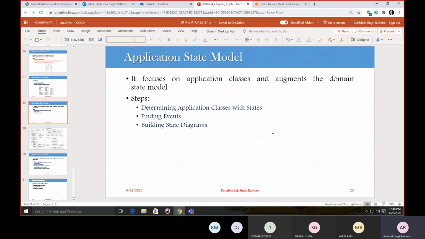So this is our next step, to build a state diagram for each application class that has some temporal behavior. We have to choose one of these classes, and then we can consider the sequence diagram that we created in our application interaction model. We arrange all the events that involve the classes, and these classes are mapped to paths. And what are these paths?